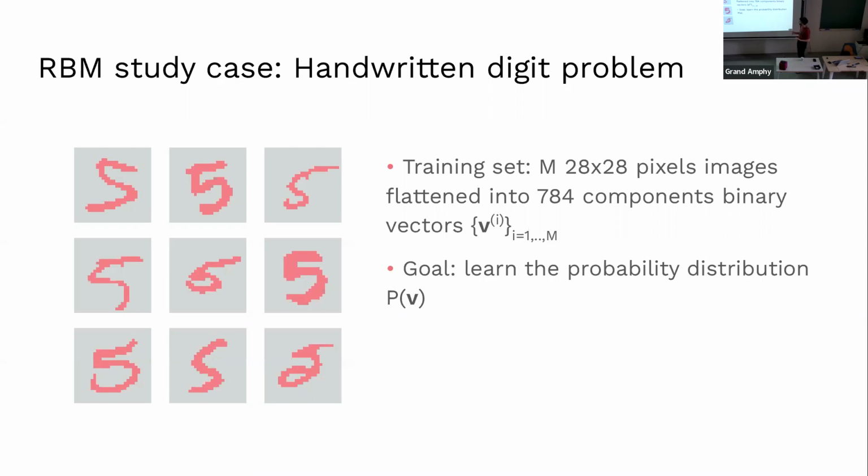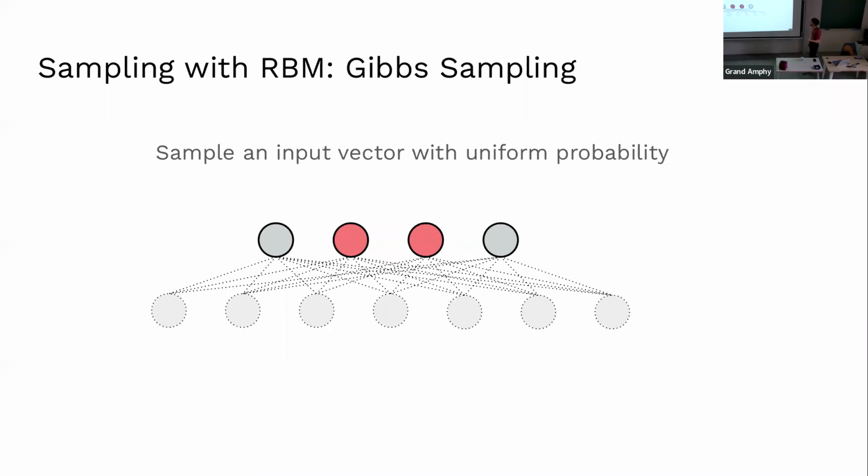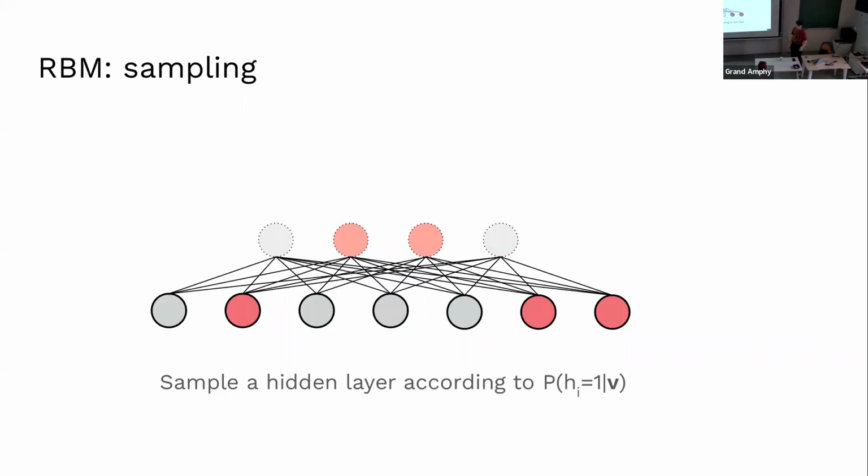And so the goal is to learn the joint probability distribution of all the values of all the pixels. In order to do that, we first need to see how we can sample with our model. So we will use the Gibbs sampling algorithm, in which you first sample an input vector V with uniform probabilities. So you have a probability 1/2 to have either 1 or 0. And then you use the probability of your model to sample the value of the hidden layer H according to the probability that